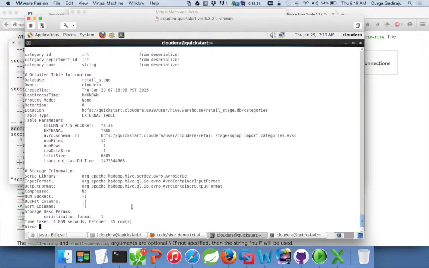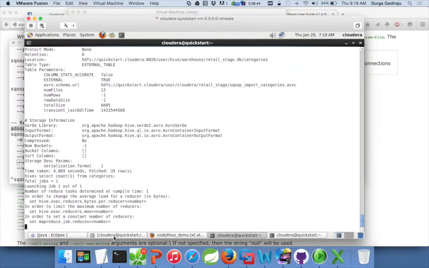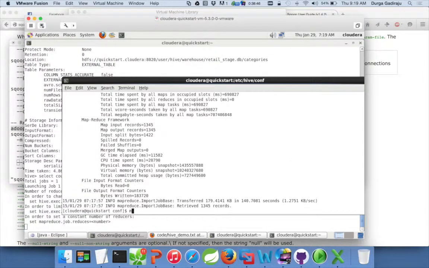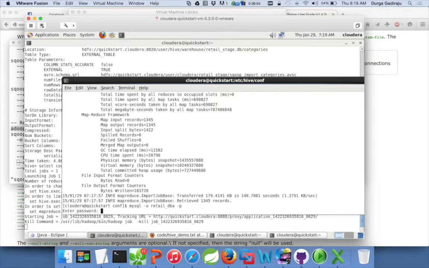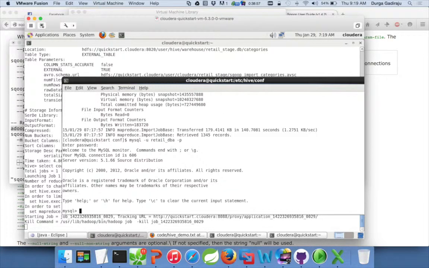Okay, now we have the table, we have the data, and now let us run a query to validate whether we got the data appropriately or not. So I ran a select count query. We also have to make sure that we got all the data that is required. So let us log into the MySQL database also in parallel. Password is cloudera.